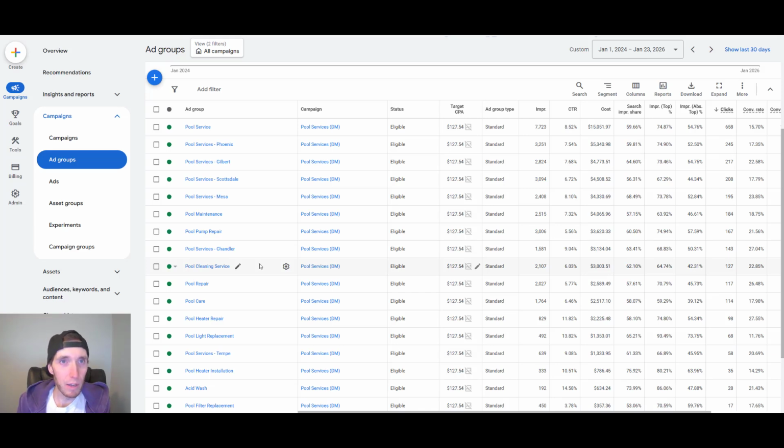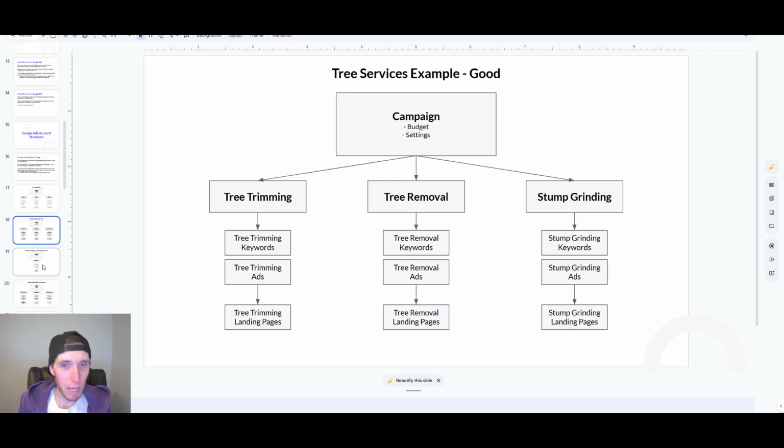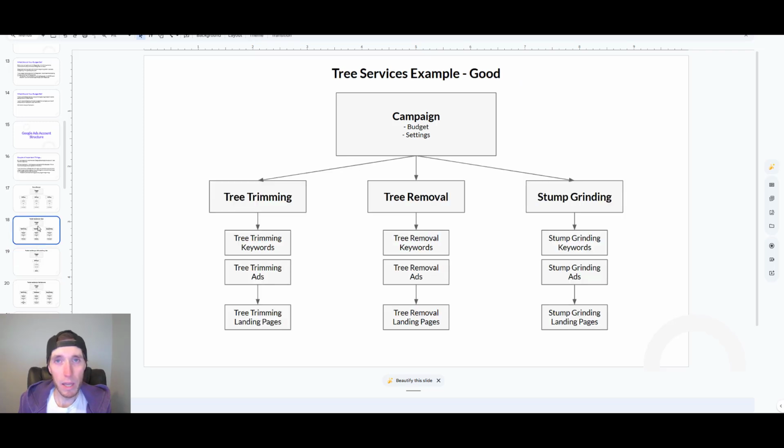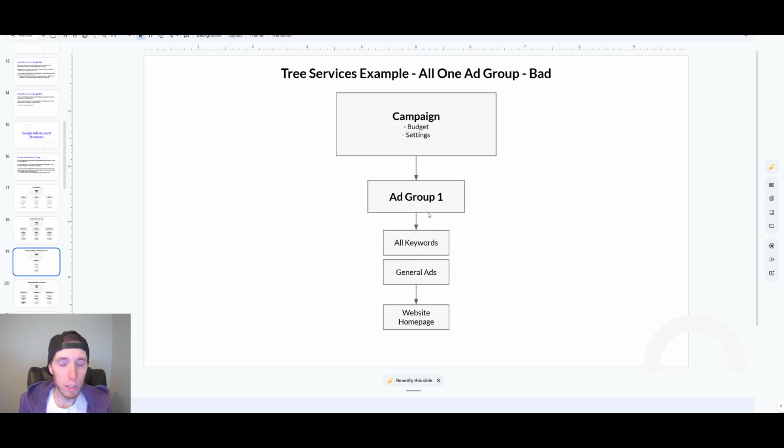Where a lot of what I see, if I jump back over to that slideshow really quick, is people set up their campaign and then have one ad group with all their keywords, and general ads going to the homepage of their website. And if you do that, your ads completely lose that relevance. You don't have the relevance all the way through the funnel, because if you put all your keywords in here, and let's say, going back to this tree service example, somebody searches for stump grinding